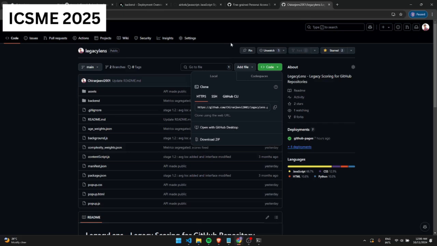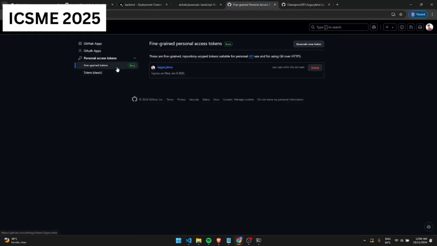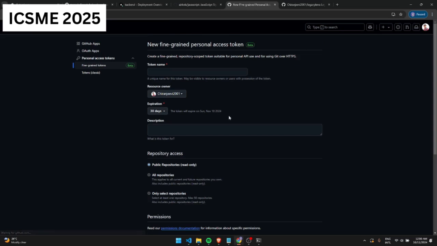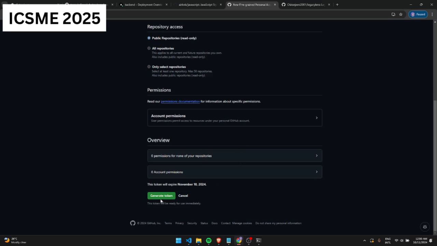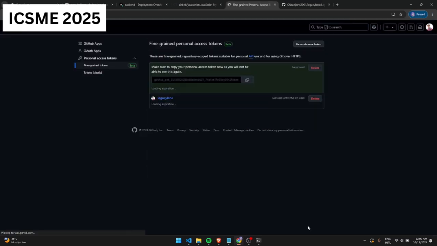Now, in order to increase the rate limit of the extension, we need to create a personal access token, which can be created in the settings section of the user's GitHub profile. Click on generate new token, give a random token name. I'll give test1. Leave all settings as default and click on generate token. After this, copy the generated token,